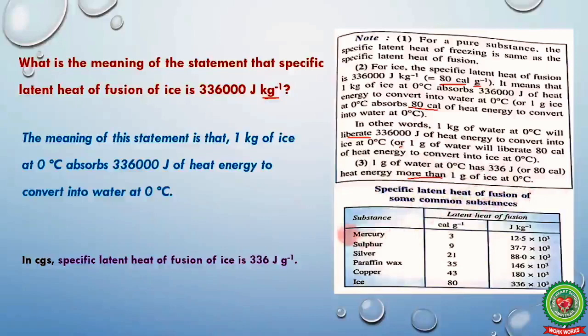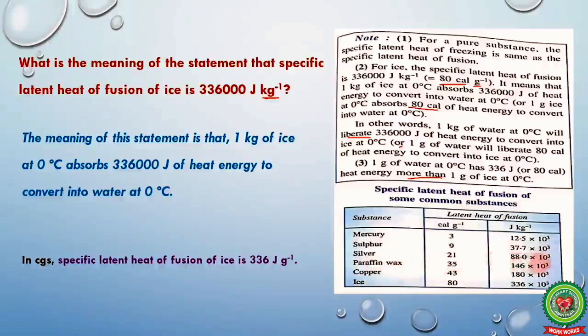There are certain substances and their latent heat of fusion in calorie per gram and joule per kilogram. Number 1, Mercury. It is 3 calorie per gram or 12.5 into 10 raised to power 3 joule per kilogram. Sulfur. It is 9 calorie per gram and 37.7 into 10 raised to power 3 joule per kilogram. For silver, latent heat of fusion is 21 calorie per gram or 88.0 into 10 raised to power 3 joule